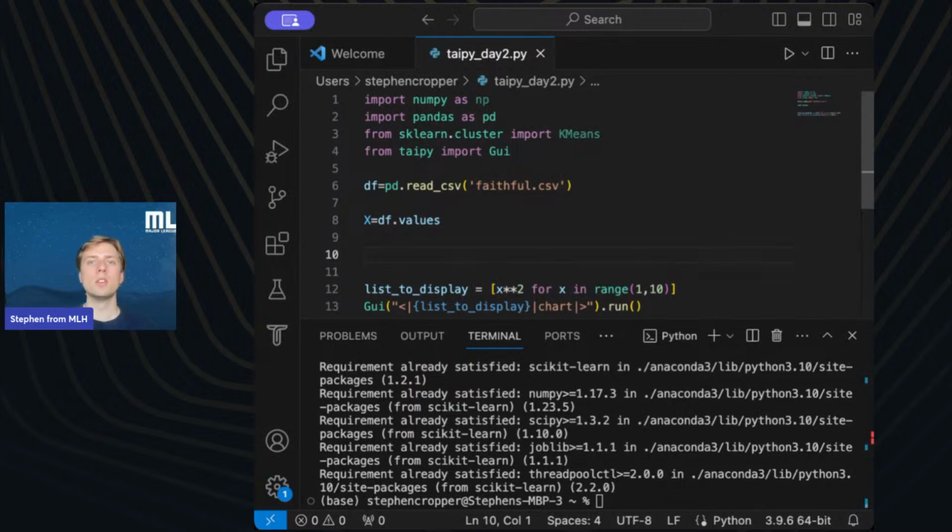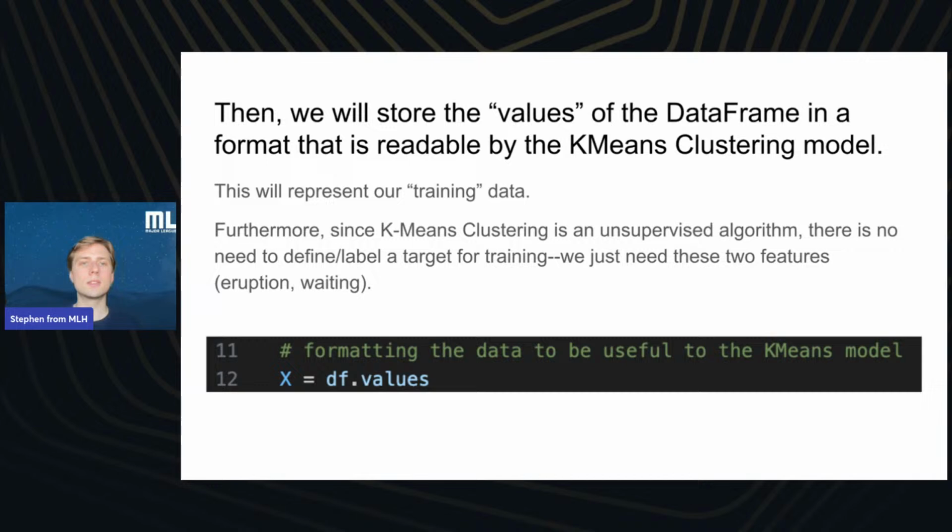All right. So then going back to our slides, this is representing our training data, and k-means clustering is an unsupervised algorithm, which means that there's no need to define or label any targets for training. We just need these two features, and then the model itself will come up with some categories for our data. We do not need to tell it anything about those categories. And it's kind of a cool thing to have these unsupervised algorithms.